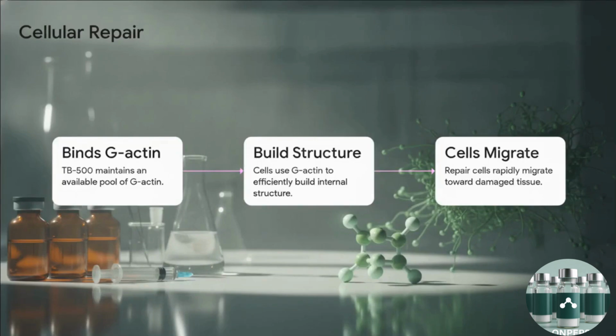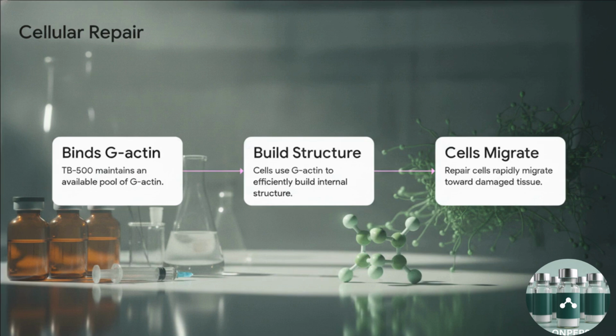So how does the actual cellular repair happen? Well, you have to understand actin. Think of actin as the scaffolding that cells use to move and change shape. TB-500 has this powerful affinity for the G-Actin form. By binding directly to G-Actin, the peptide maintains a ready, available reserve pool of it. This essentially allows repair cells to efficiently build their internal structure and migrate directly and rapidly toward damaged tissue. Once those cells arrive at the injury site, they trigger the whole tissue repair process, promoting new blood vessel formation